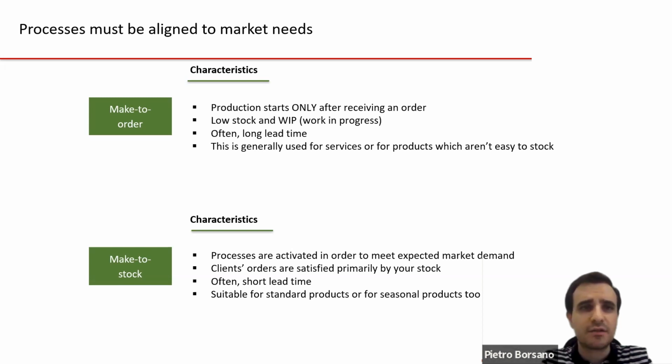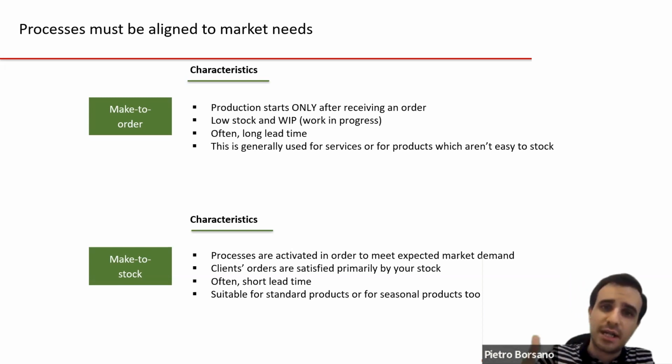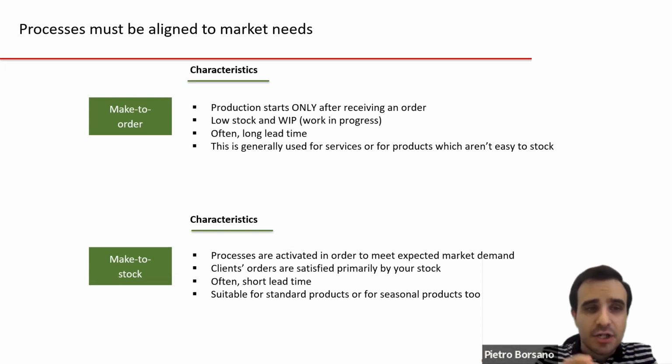Make-to-order process is used in many famous industries, including the automotive industry. This is because, of course, if you have a large stock of cars, as you know, the more the cars are in stock, the more they will depreciate. That's why automakers are always trying to reduce as much as possible the stock of cars. Sometimes this is not feasible, and that's why from time to time there is this flooding in the market of cars that have been produced but haven't been sold.